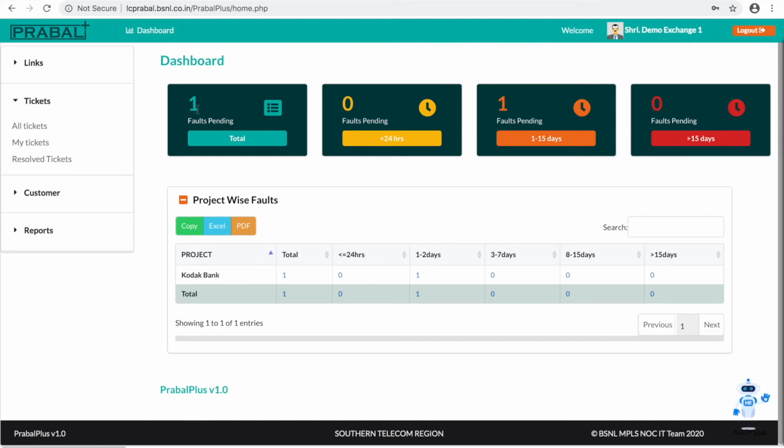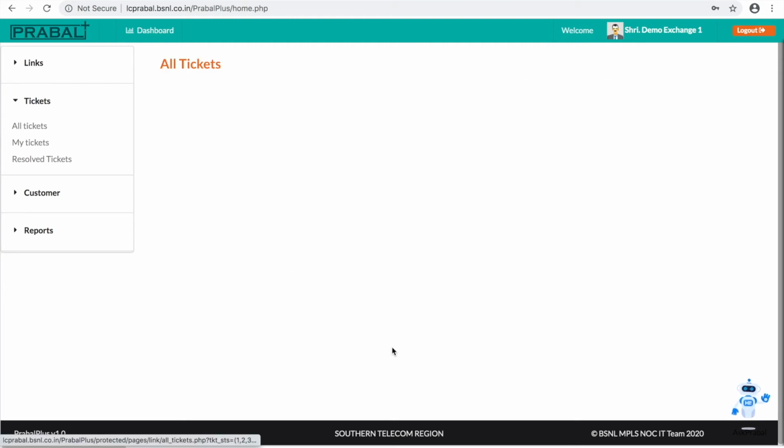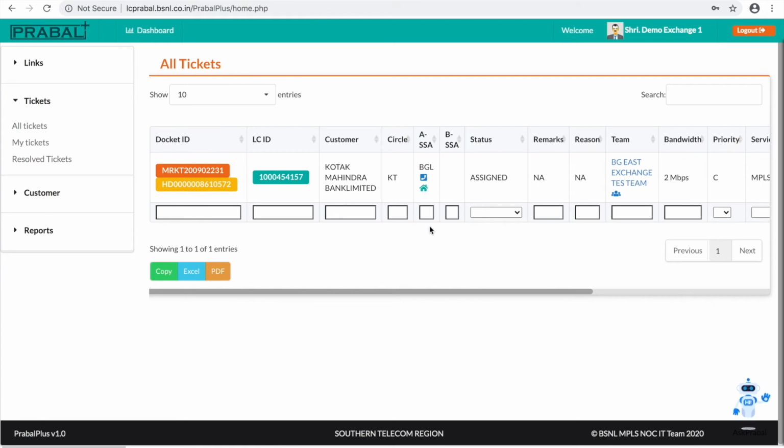Currently only one fault is pending. It is in between 1 to 15 days. It is a Kotak Bank customer. If I click the link, it will show what the link is. See, BG East exchange. So BG East exchange is this actual user's exchange. So whatever is pending for him, it will show here.